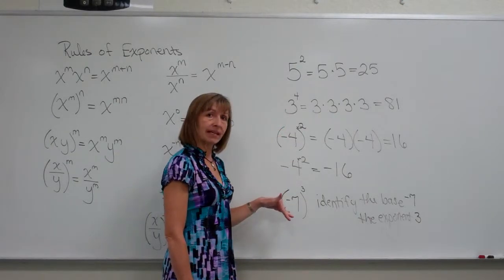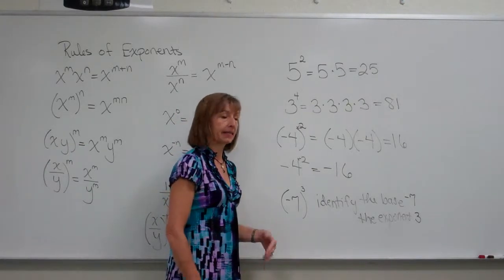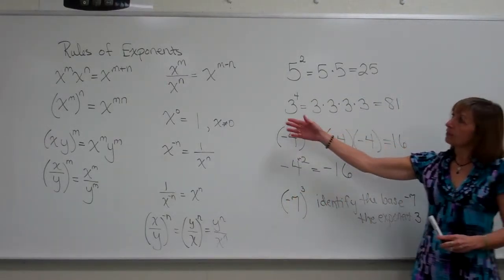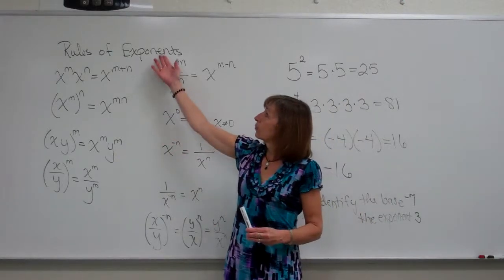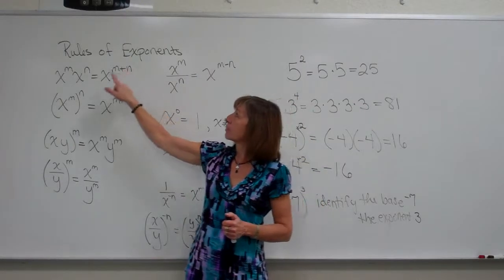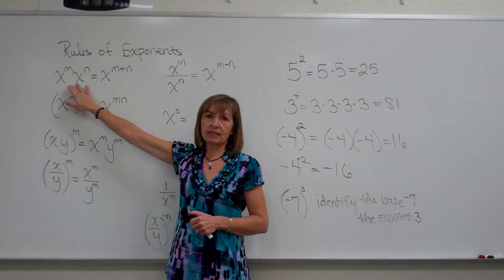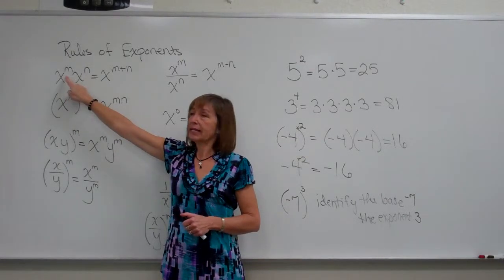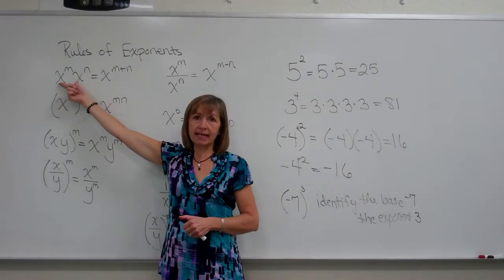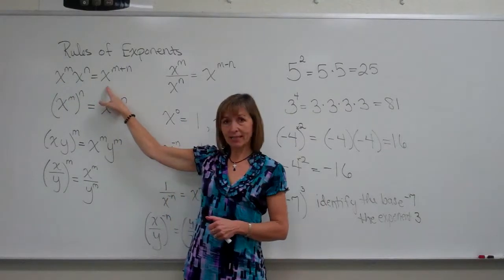Okay, so once we have that information down, we want to look at what we would do in terms of simplifying some exponential expressions. Now here to the side we have the rules of exponents. Rules of exponents give us an indication of what to do when we're simplifying our exponential expressions involved in certain operations. The first rule of exponents says that when we're multiplying exponential expressions that have the same base, notice here the base is x in both of those cases, then to simplify that expression, we keep the base and we